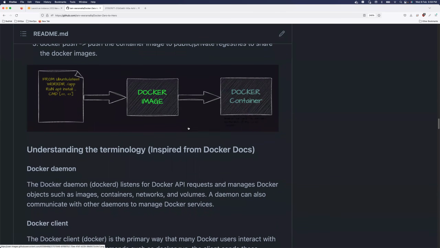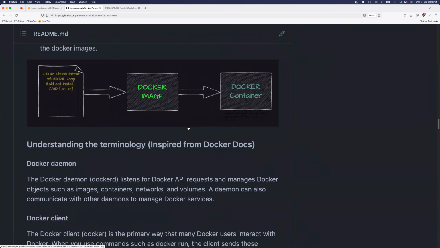Because the concept of containers itself is complicated, after you understand the concept of container, the rest of the things is only using the Docker platform to create those things, right? If you understand how containers work, Docker is just a platform. And what does this platform do? This platform will allow you to create your Docker images or your containers. You can consider it just as a CLI tool, or as a daemon service that is receiving your request.